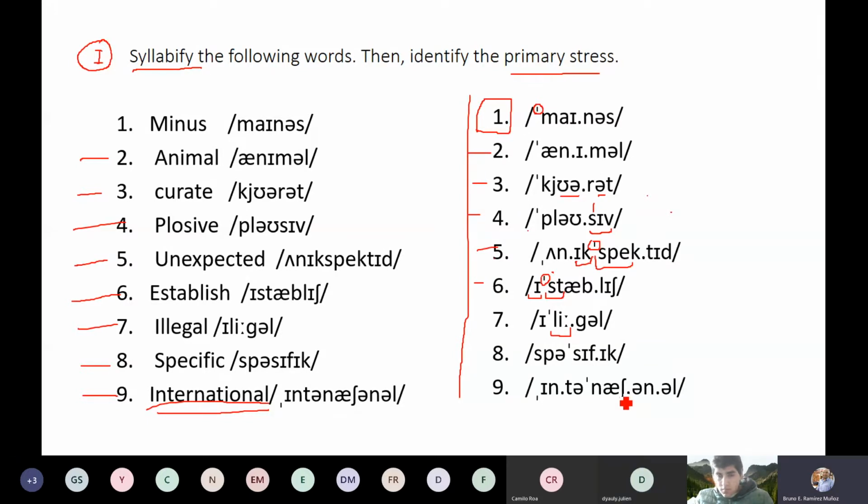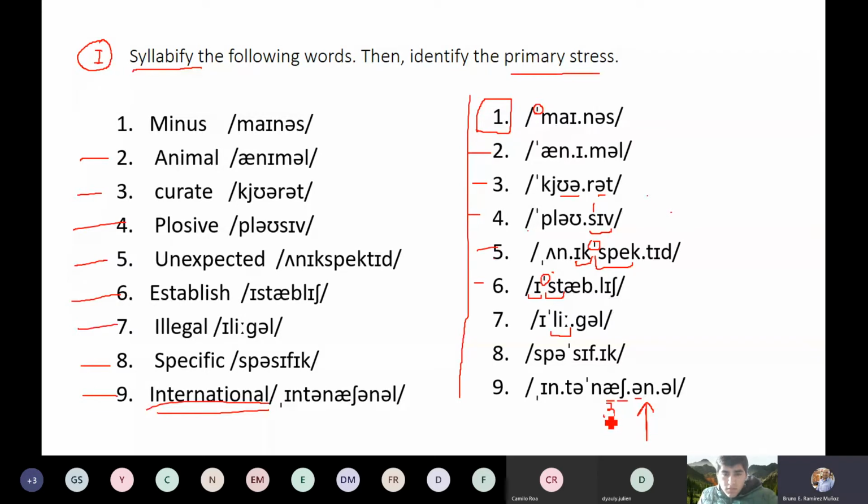International. So in this process of syllabification, we have this sh, which is in an intervocalic position. We have it in between the trap vowel and the schwa, and this is not placed as the onset of this syllable, so we don't say shun, internation, right? But this consonant sound is placed as the coda in the third syllable.